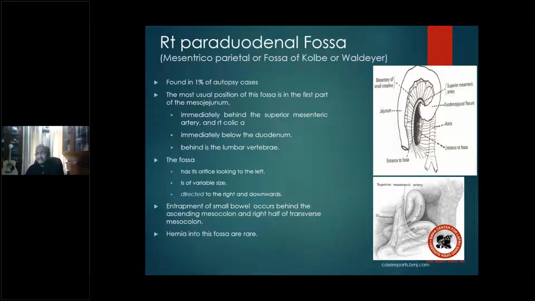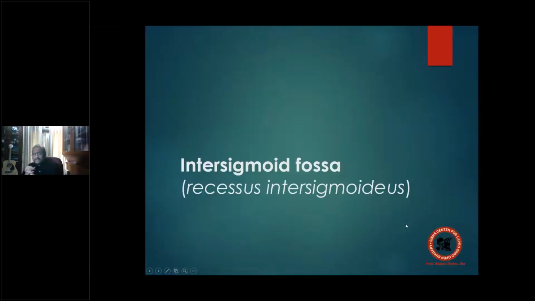On the right side, the paraduodenal again has got a mesenteric vessel. And which artery are we talking about? The artery that we're talking about is the right colic artery, right? The fossa is going to the right. See this fossa? It is going to the right. Can you see this mesenteric artery out here? That is the fold, and the jejunum is entering into the right paraduodenal, proceeding downwards and to the right. So the direction of the fossa is downwards and to the right, and the opening is upwards and to the left. So entrapment of the bowel can occur in this, and you have to be very, very careful if you want to cut on the free edge of the restriction.